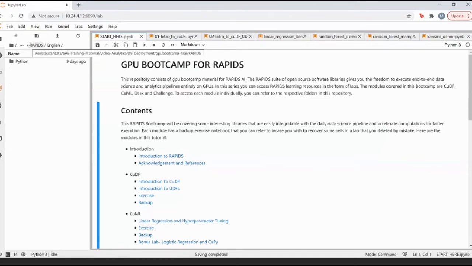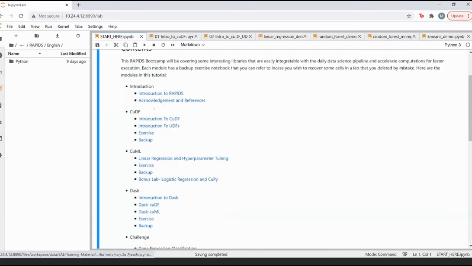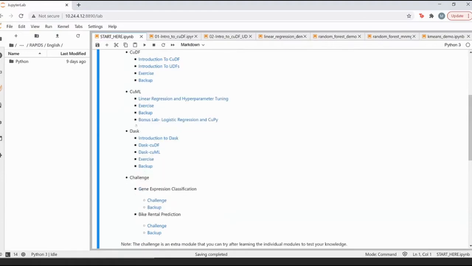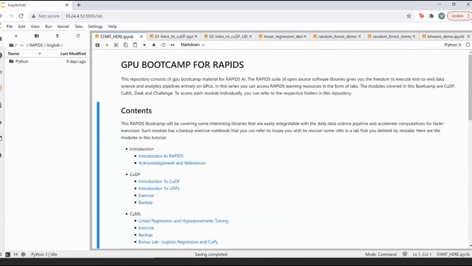And as you can see here, there is a lot of different material that you can refer to, right from the introduction to cuDF, and it will have some exercises and some backup also for you to practice, along with cuML and Dask as well, right? And there are two other challenge problem statements also that you can take up, right? So let's see, based on today's timing, how many things can be covered, right?